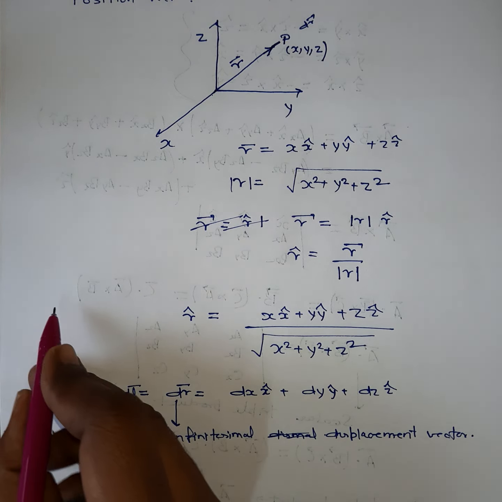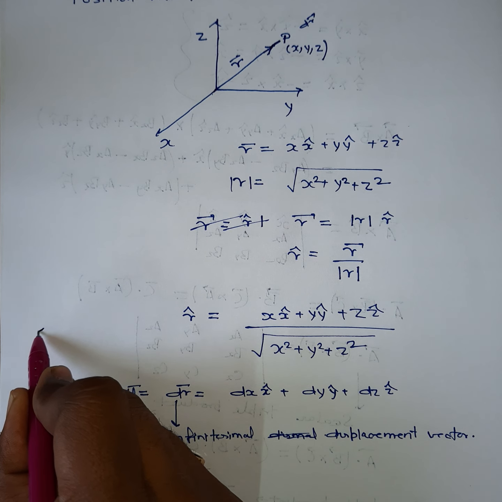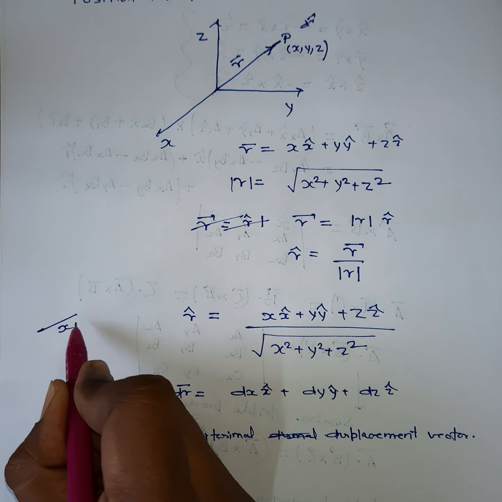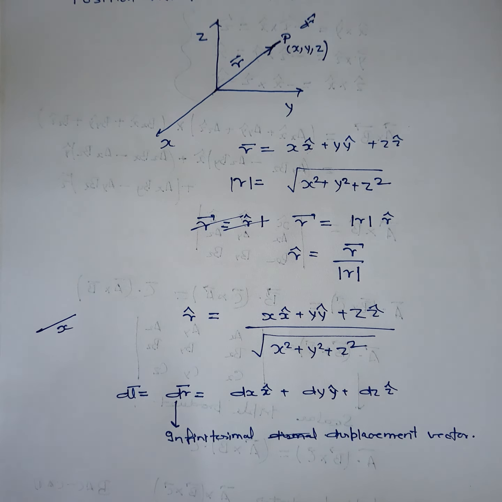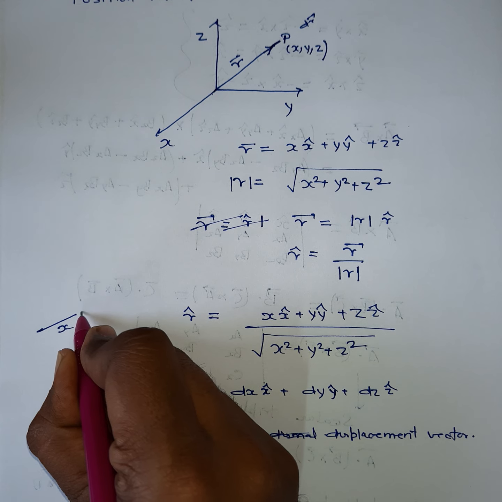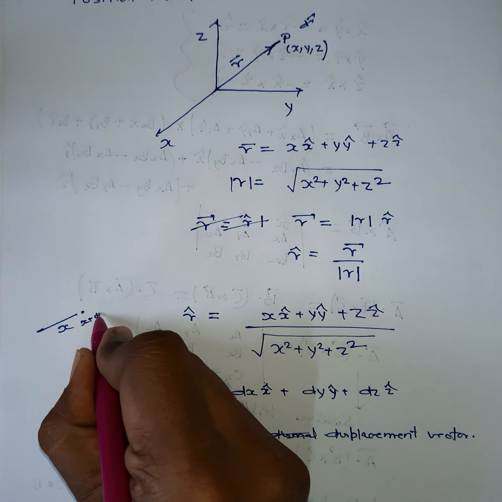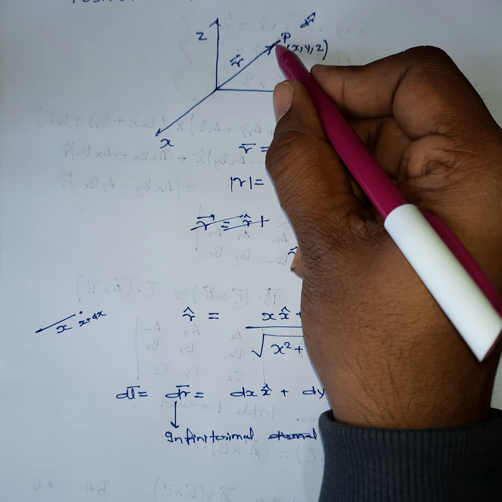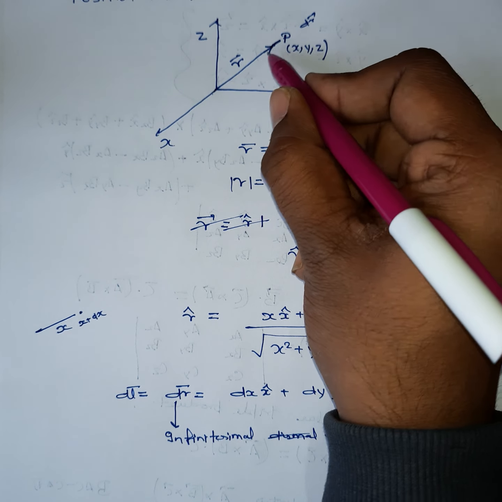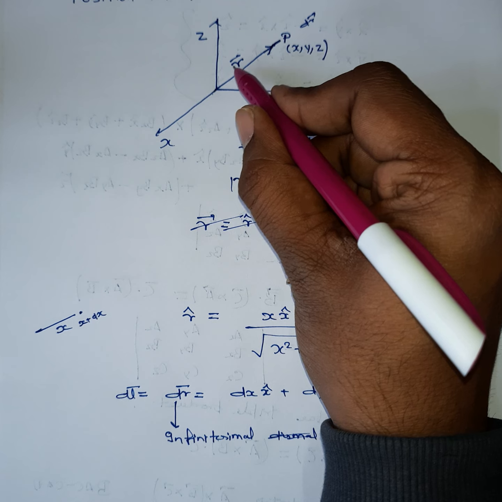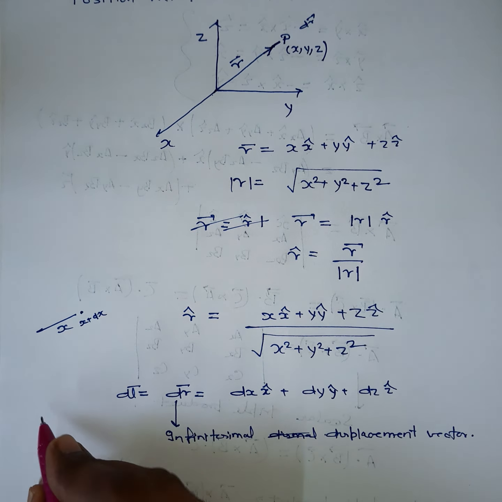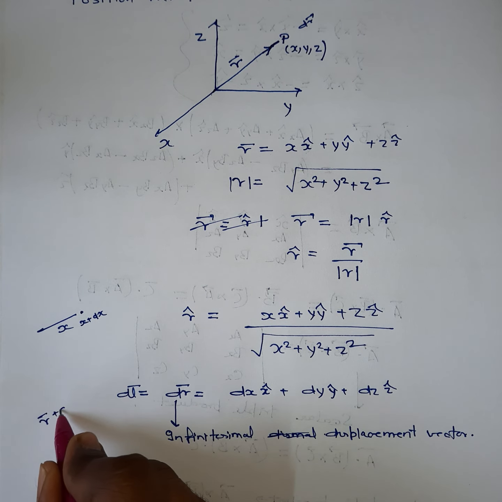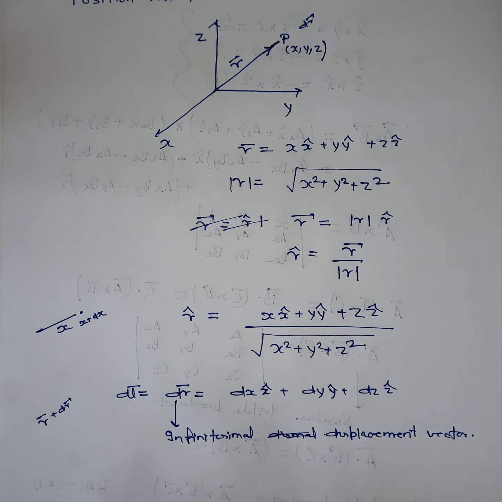This is very similar to the following. Suppose you are only talking about the x-axis, so you write your position x, then you change your position by a very small bit, then you just write its next position as x plus dx. Similarly, if this is some position vector, then a small change in this vector can be written as r vector plus dr vector, like this. So this dr is equivalent to this.